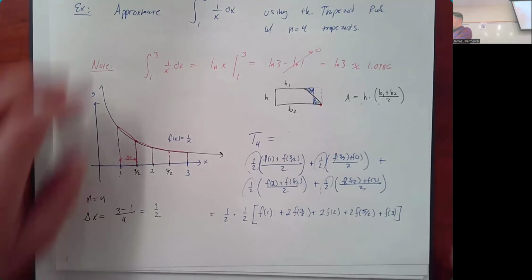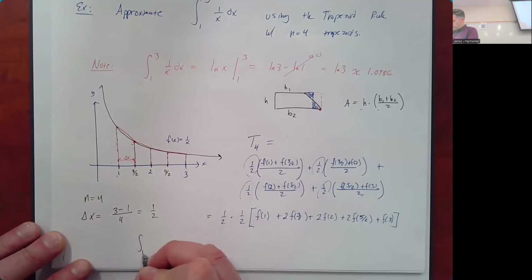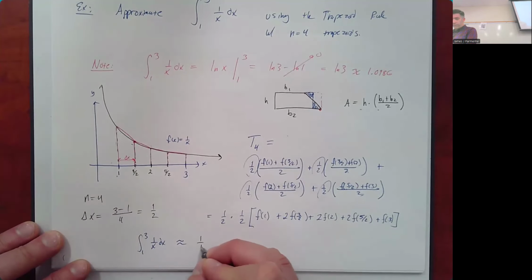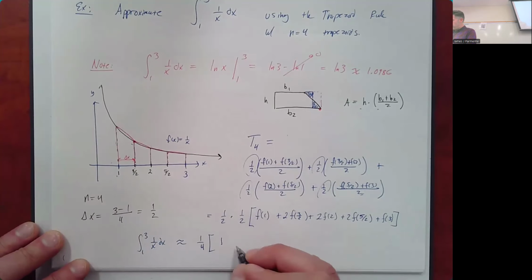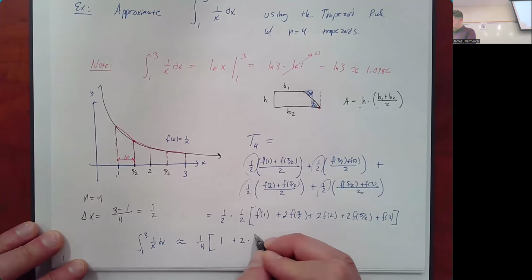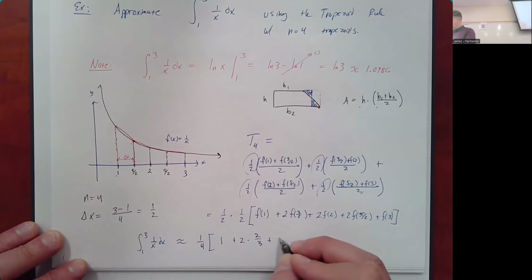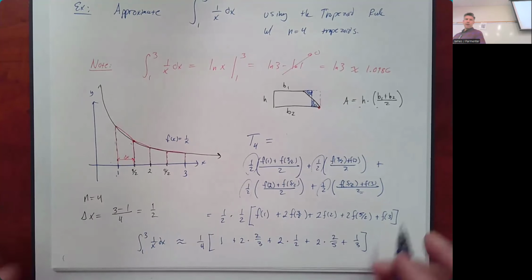So then we could say that in this particular example, the integral from 1 to 3 of 1 over x dx is approximately equal to 1/4 times f of 1, which is 1, plus 2 times f of 3/2, which is going to be 2 times 2/3, plus 2 times f of 2, which is 2 times 1/2. 2 times f of 5/2 is 2 times 2/5, and f of 3 is 1/3. And then